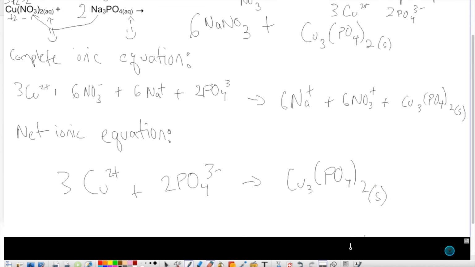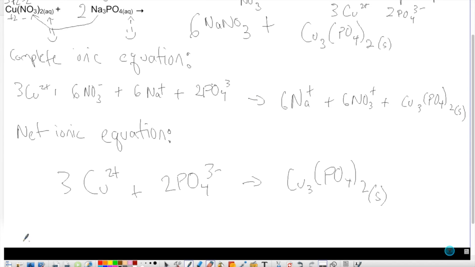So the last thing that I want to do with these is I want to identify something called spectator ions. Well, what are spectators? Spectators are just kind of watchers, right? They sit there in the stands and they watch all the action happening somewhere else, and they don't actually participate in what's going on. They just watch. All right? So spectator ions here